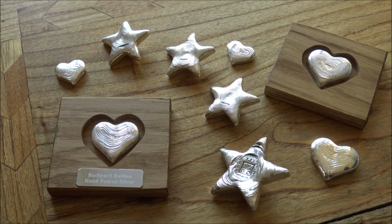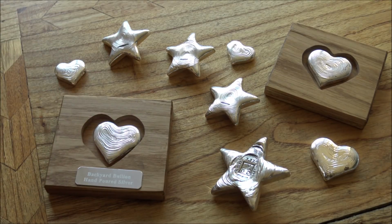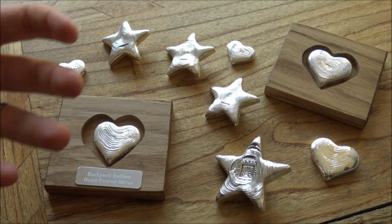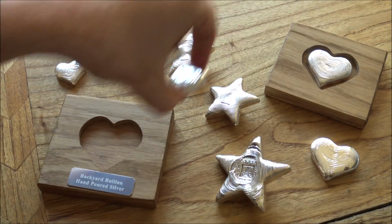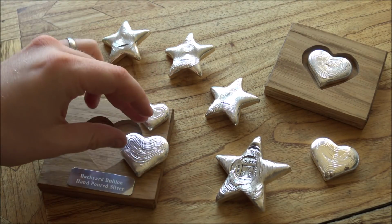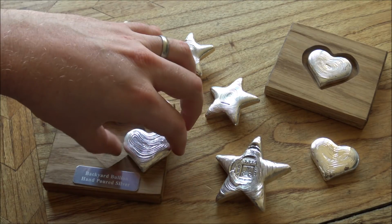Now, over on my website, as I said, there's basically a huge list of shapes and sizes that you can have a look at. Of course, hearts and indeed stars are the two that I think were the most popular last year, and they've been the most popular gift-giving items in the whole subsequent 2018 year. So we've got a whole range of different things available. Heart-wise, we've got 1 ounces, sort of 1 to 1.25 ounces. These are 2.5 to 3 ounces, these medium ones, and I don't have one of the big ones to hand,